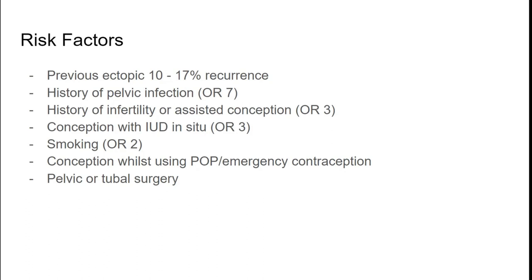Infertility and assisted conception. It's slightly counterintuitive, because with an IVF pregnancy they've put the embryo back into the womb, you've seen them scanning and placing it, but you are actually 3 times more likely to have an ectopic pregnancy if you have IVF. The history of infertility probably represents some past undiagnosed pelvic infection. So that's where the infertility part comes in, or it may be that they have uterine abnormalities or have had